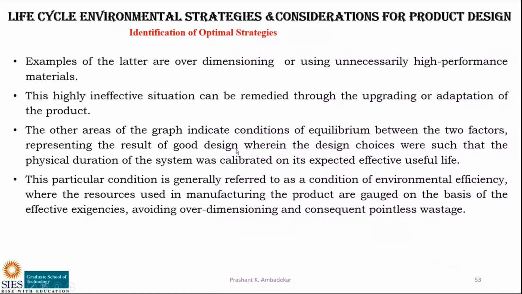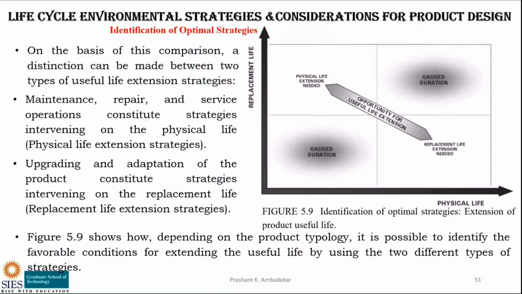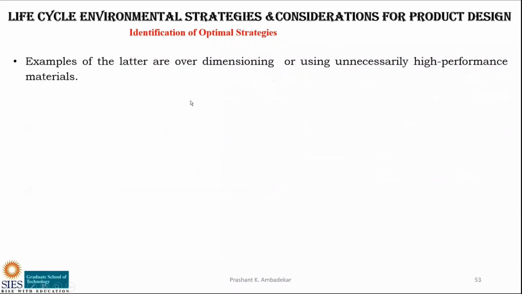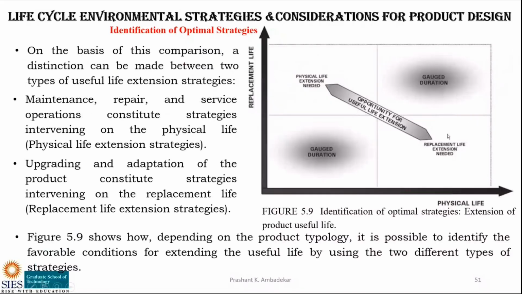Let us go through this once again. So it shows here that there are some products which are not designed properly. वो जल्दी टूट जाते हैं जबकि वो ज़्यादा चलना चाहिए, और कुछ टूटते ही नहीं है, खराब नहीं होते हैं, लेकिन वो टेक्नोलॉजी के लिए फिट नहीं है. So this is the issue. So examples of the latter are over dimensioning or using unnecessarily high performance material. ओवर डायमेंशनिंग, इसका डायमेंशन बहुत ज़्यादा दे दिया। अगर 10 mm डायमेंशन चाहिए तो 12 mm, 15 mm डायमेंशन दे दिया, तो टूटेगा ही नहीं, उसका फिजिकल लाइफ बहुत रहेगा। बट फिजिकल लाइफ बहुत रहेगा लेकिन उसका रिप्लेसमेंट लाइफ तो खत्म हो गया।